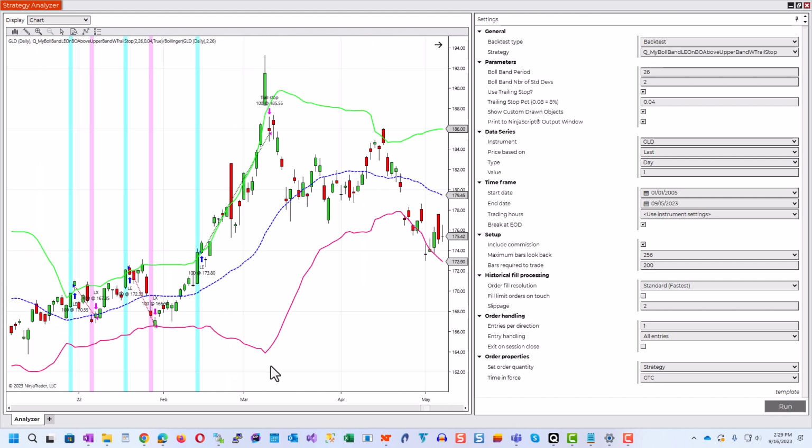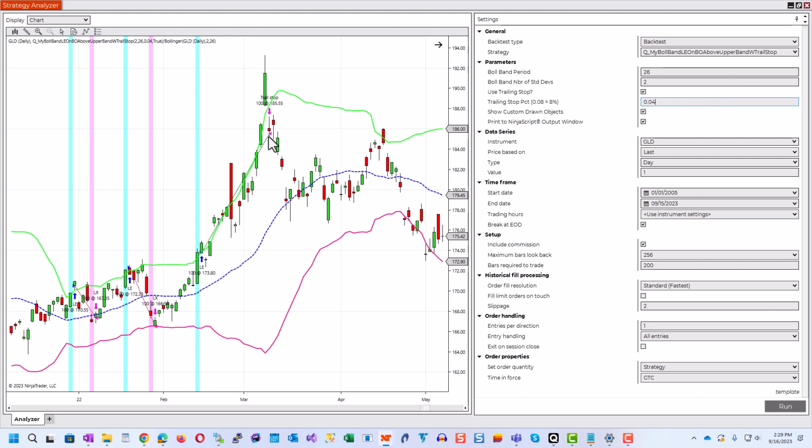This is a great example. So in this example, a trailing stop really helped us. The close price crossed above the upper band of the Bollinger Bands indicator, and it filled a market order on the next bar. The market went up and then down. It went up, and then when the market went down by 4% because of our 4% trailing stop, it exited.